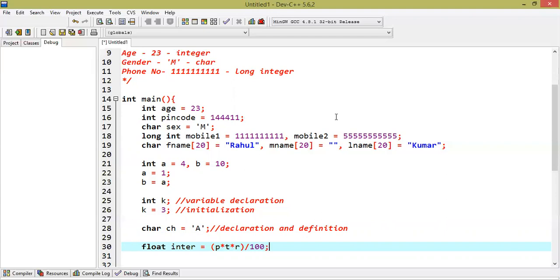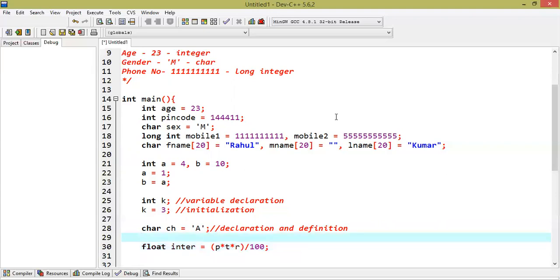Now look at this. Here, interest will be calculated only when you provide the value of P, the value of T, and the value of R. In this program, we did not declare P, T, and R. There is no value we have assigned.